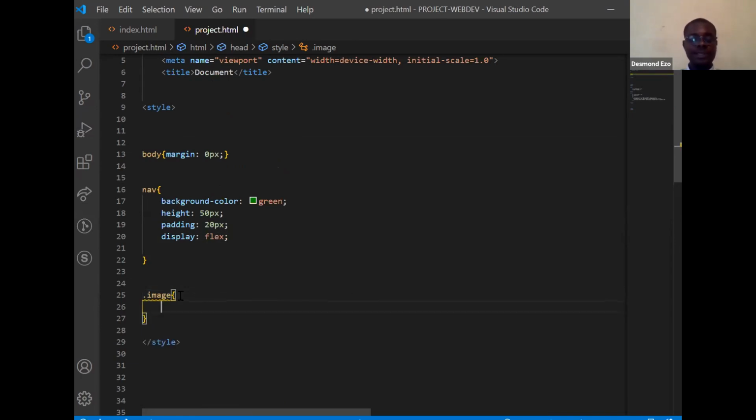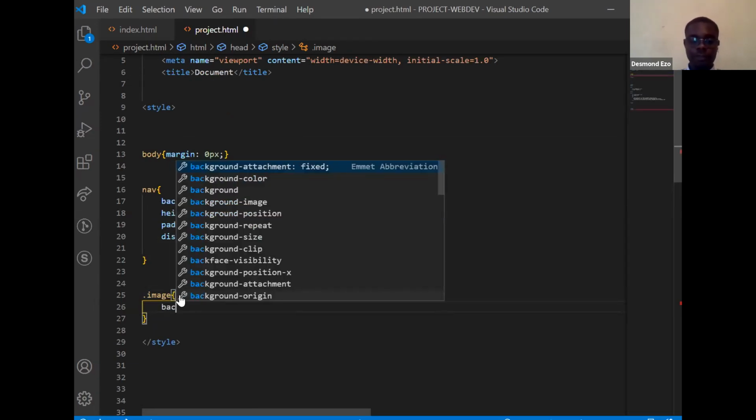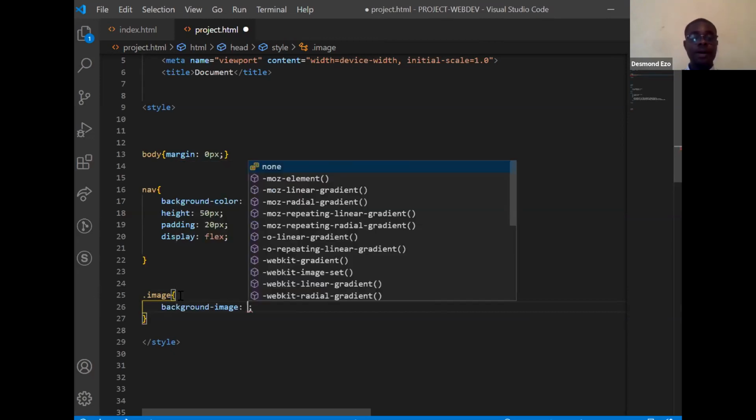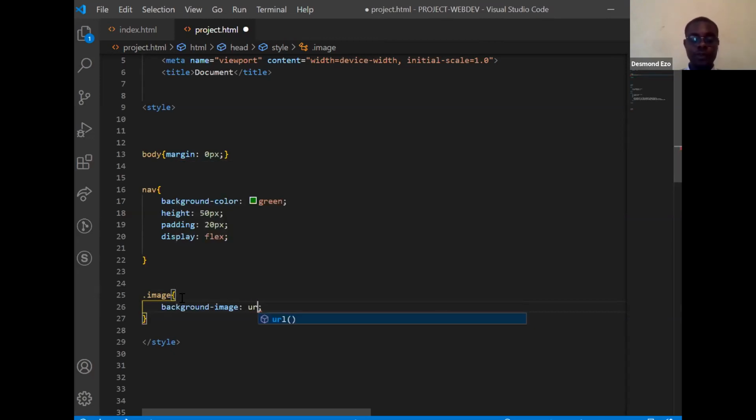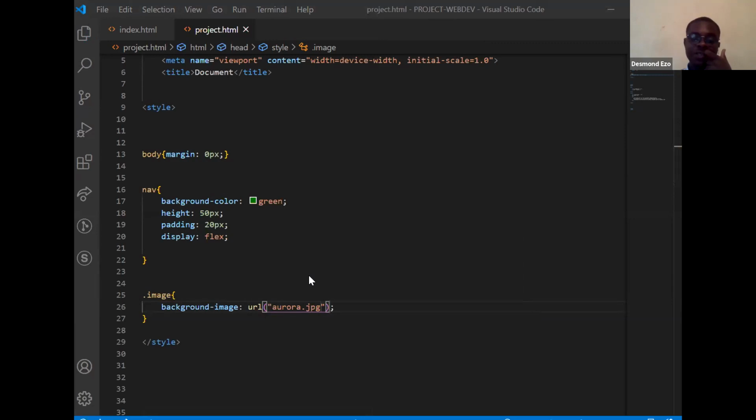So what am I doing? I want to set the background. I want to add a background image to that tag. So the background image, I will have to get it from somewhere. So I'll use the background image URL and I'll do this. Then I'll use image. The image that you are using has to be in the same folder that your web document is. If it's not in the same folder, then you have to find that image.